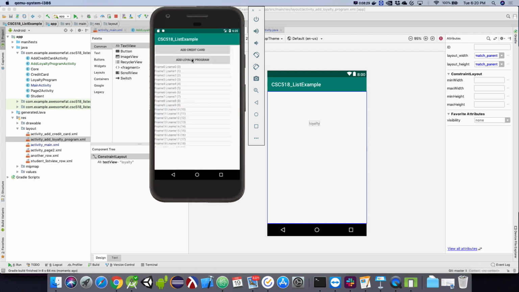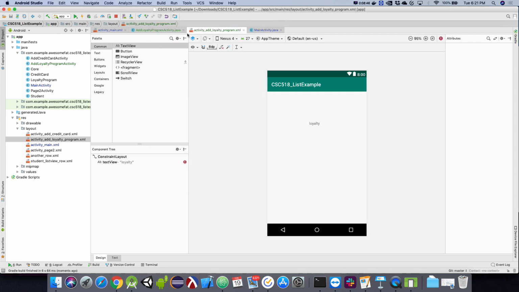All right, so I'll say add loyalty program. Here's that loyalty screen. All right, so we're going to build our loyalty screen similarly to how we built our credit card screen. That is, it has a submit button at the top and 4 text boxes for reading stuff in. So I'll go into my